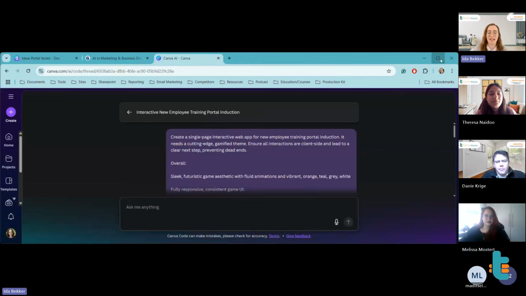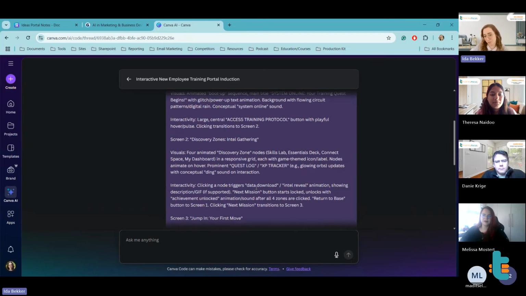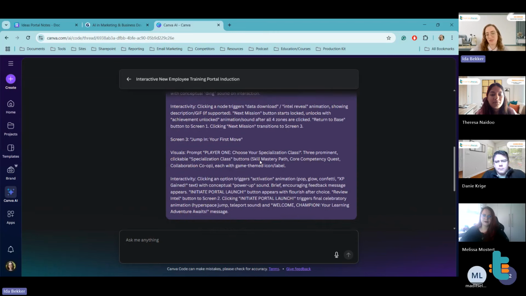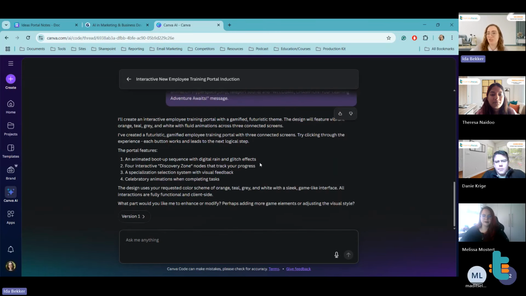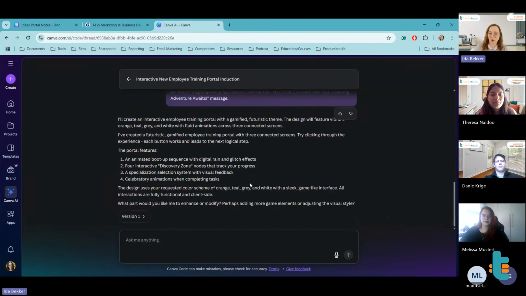Another cool thing that Canva has introduced is Canva Code. If you have heard about, what do you call it, vibe coding. So it is coding with prompts. It is still in a very infancy phase, not just on Canva, but in general, vibe coding. And one thing to take into consideration is you can't create something that needs a database, but it's still cool for learning. So this was just one I created for, say, we're doing an onboarding with an employee at Training